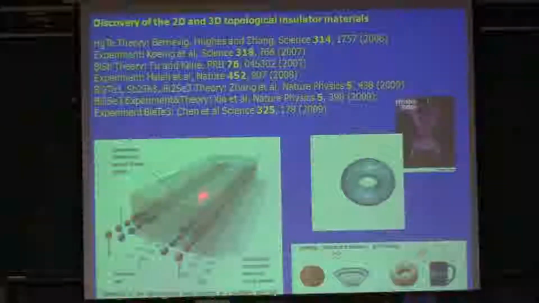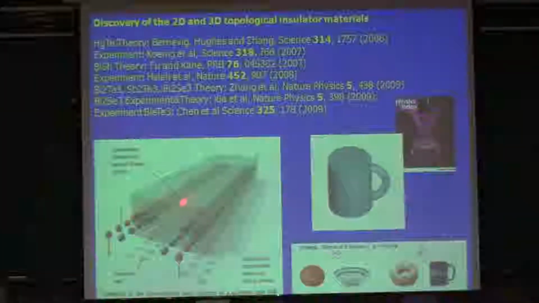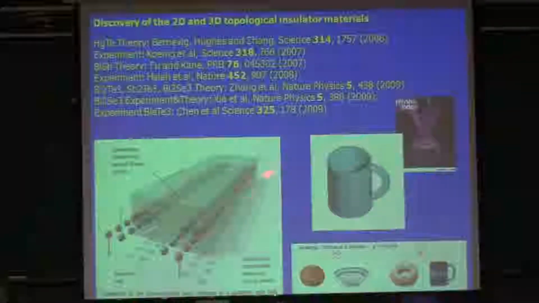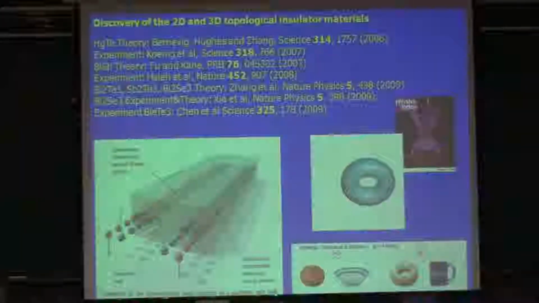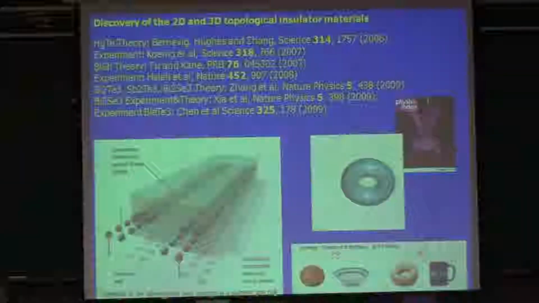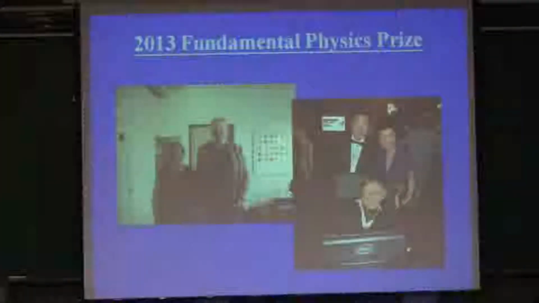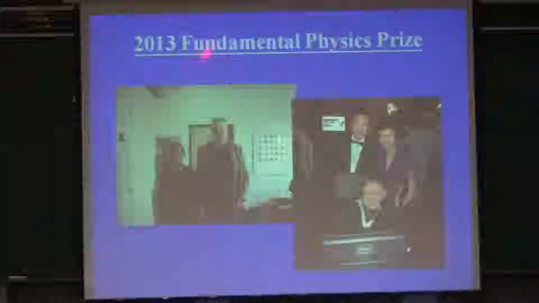Because it is actually some kind of conductor on the edge and the bulk is an insulator. So the topological insulator is still a conductor on the surface. Actually, the topological insulator comes from the contribution of Professor Ching-Ray Chang and also